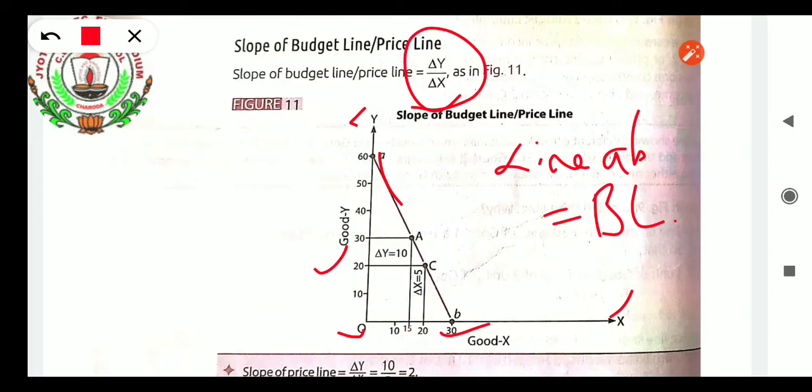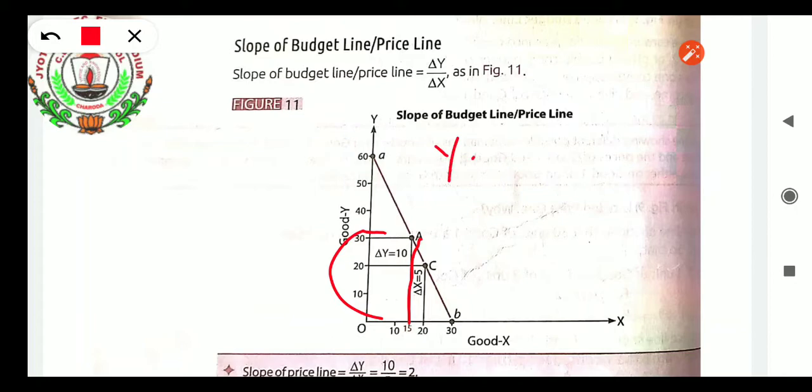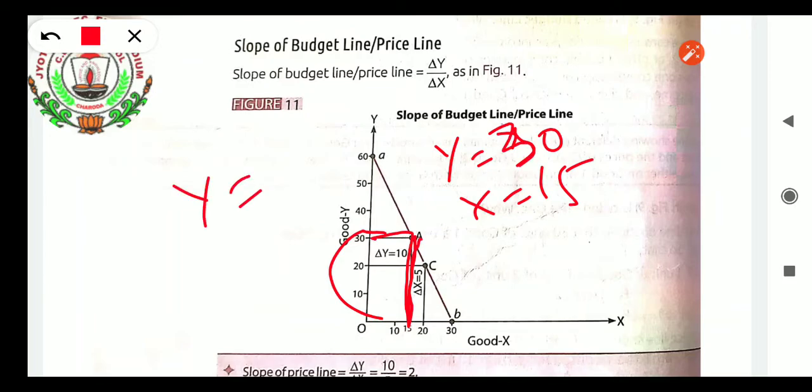That also I explained. Now, if changes happen, what are the changes? 30 units of goods Y are purchased. Goods X has been purchased 15 units. I am writing and telling you, goods Y is 30 in the first set and X is 15 units. So you can see the line incorporated here. Now in the future Y has been sacrificed to 20 units, and X has increased from 15 to 20 units. So the new combination will be 20 is to 20 here.